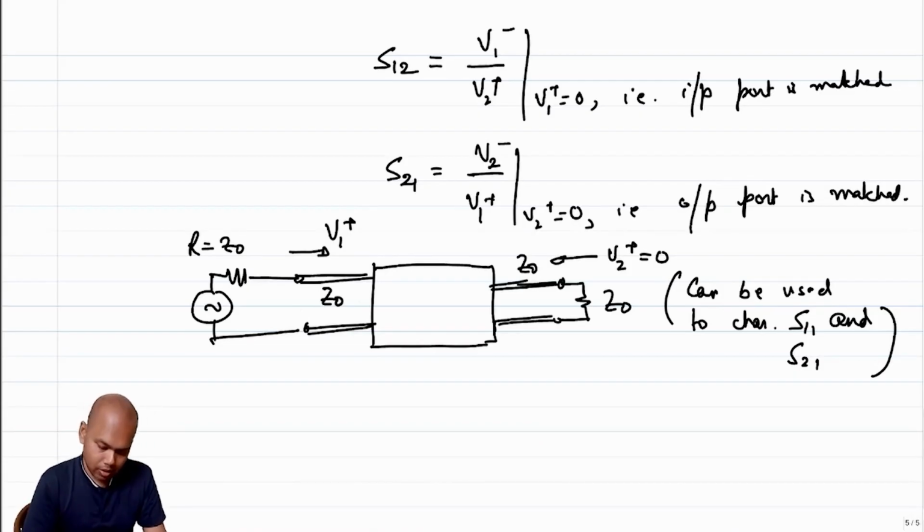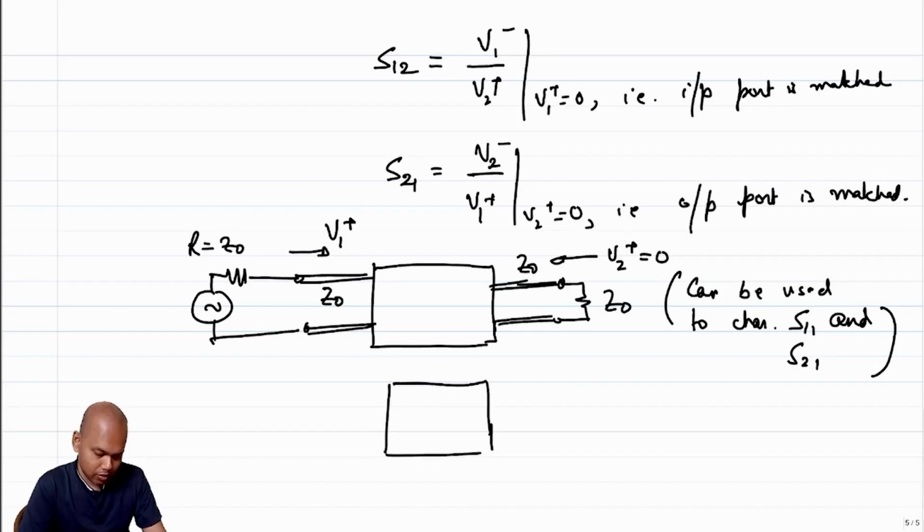Okay, so this can be used to characterize S11 and S21. What setup would you use to characterize the other two parameters? So for the other two parameters, you terminate the input port with Z naught